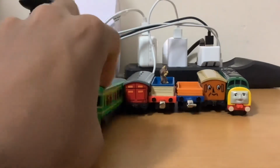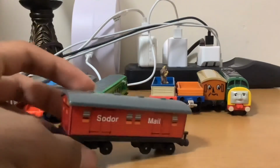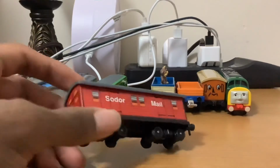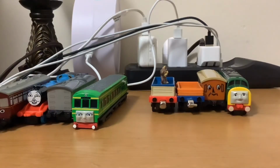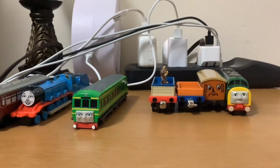Oh, sorry, Daisy. Moving on to the Sodor mail car, or mail van, or mail coach, whatever. Basically the same as the Red Express coach. I feel like this is literally just a repaint of said Express coach, because it has the same roof detailing and all that stuff. And when was it? I think these were made during the same time. I could be wrong, but I don't know. Just because they were made during the same time does not mean that this was still recycled from